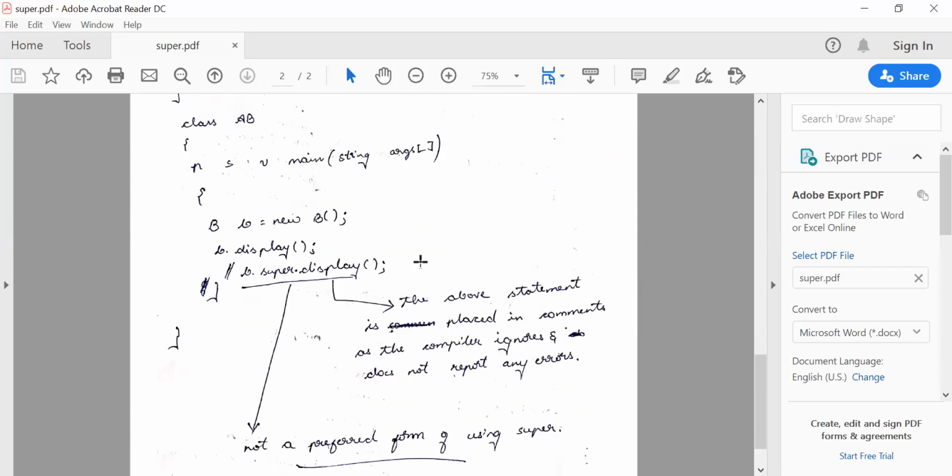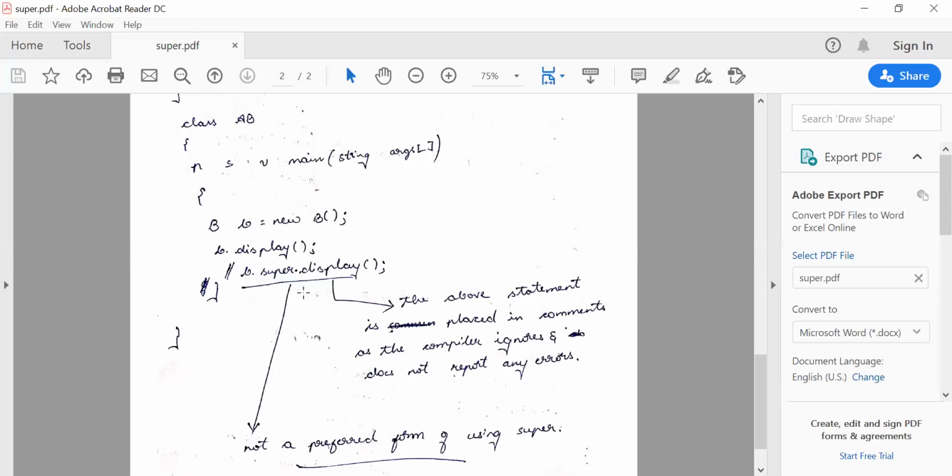There's one more thing. You may have a doubt: can we write a statement of this kind? Since class B holds two members, display which belongs to the superclass and its own definition called display, I cannot write a statement in this way. Kindly do not write it this way. It is not the best way of practicing it, because before a method we are supposed to have an instance variable. This is not an instance variable. Super is a keyword which is used to always refer to your superclass. So this approach is not preferred. It may lead to an error.